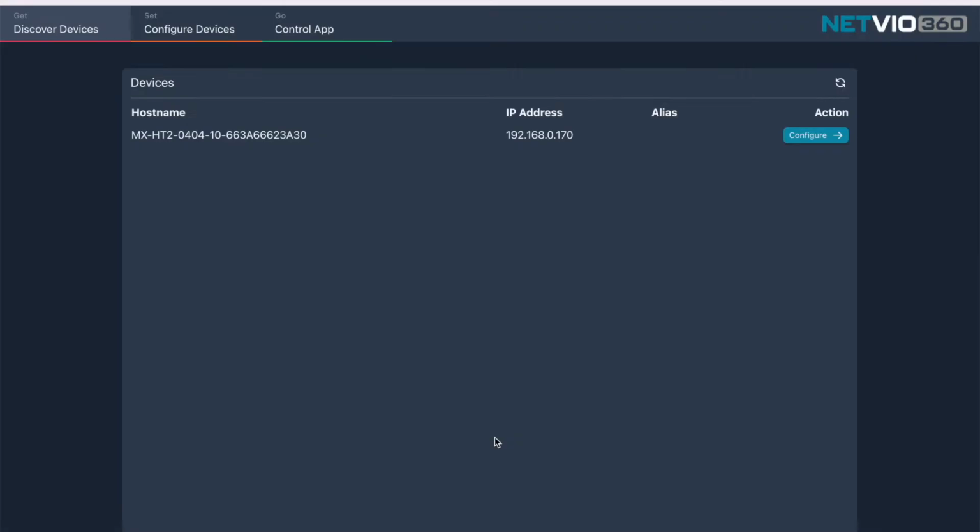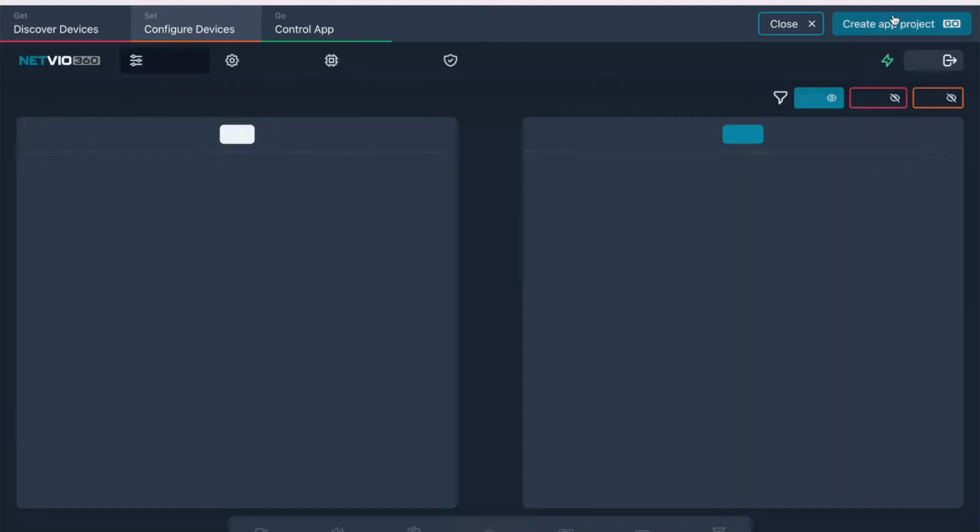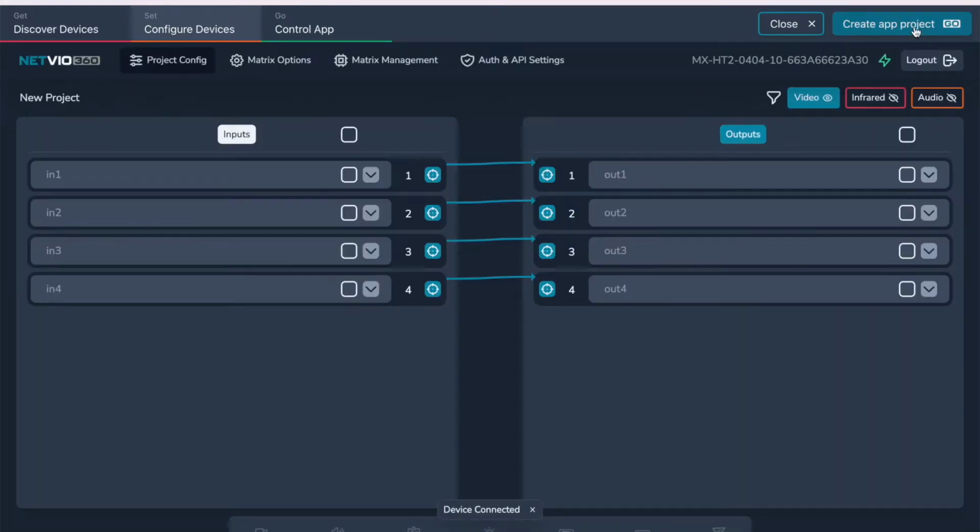In this video, we'll be looking at how to create a Netvio GO project using the Netvio 360 application. Once you've discovered your matrix, go to the Configure screen and press Create an App Project. If you do not have a Netvio matrix online, you can simply press Go to jump straight to the project